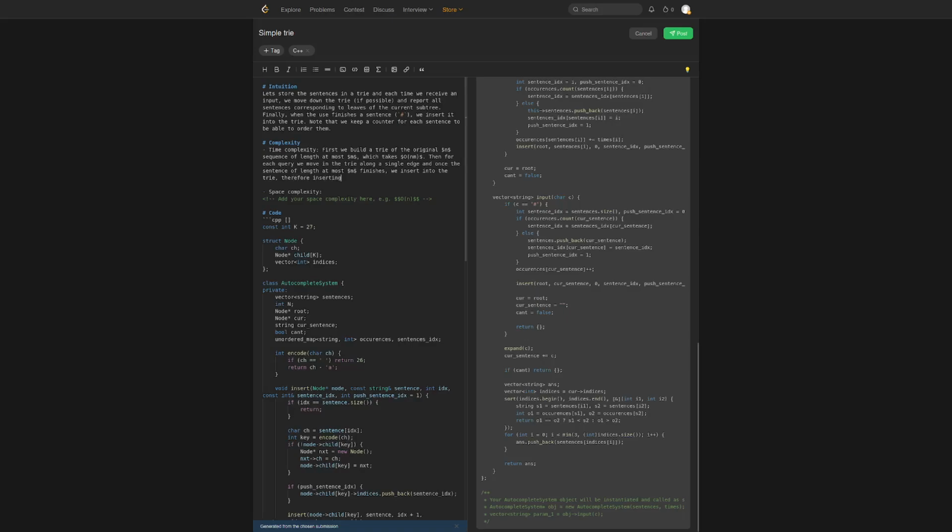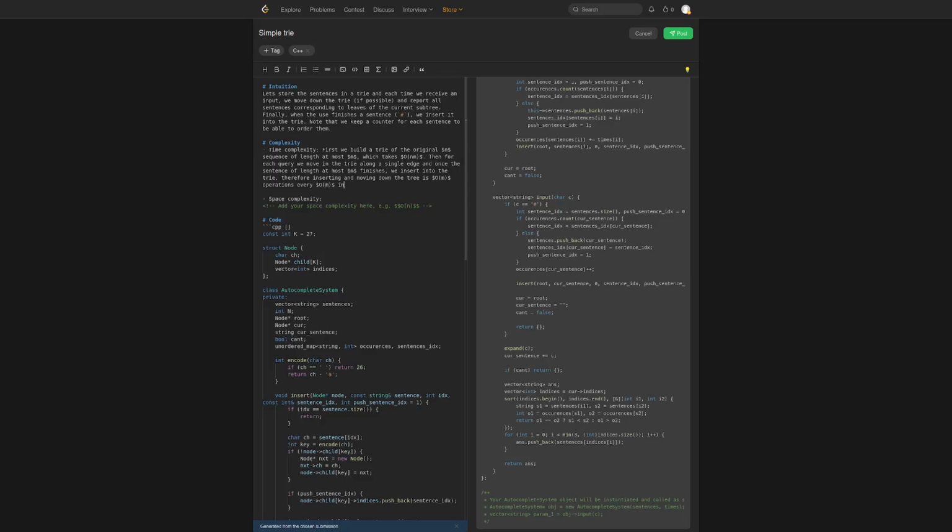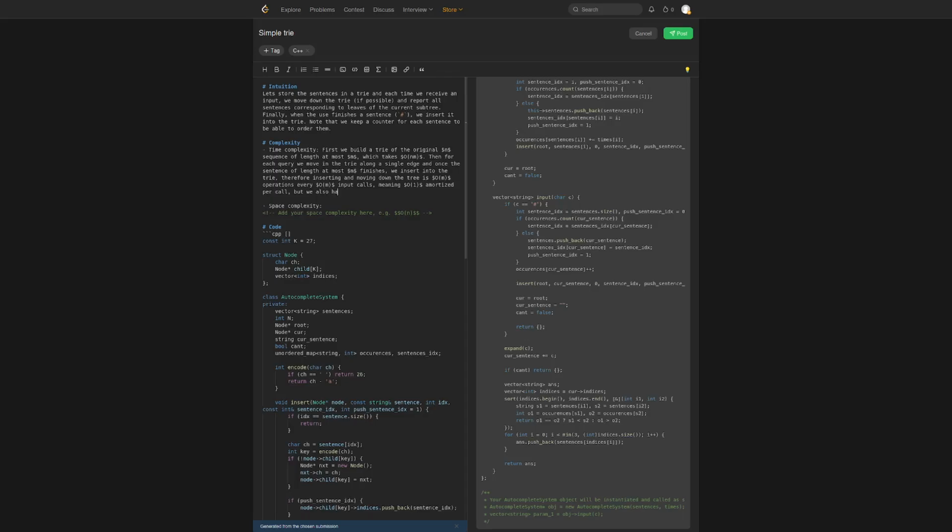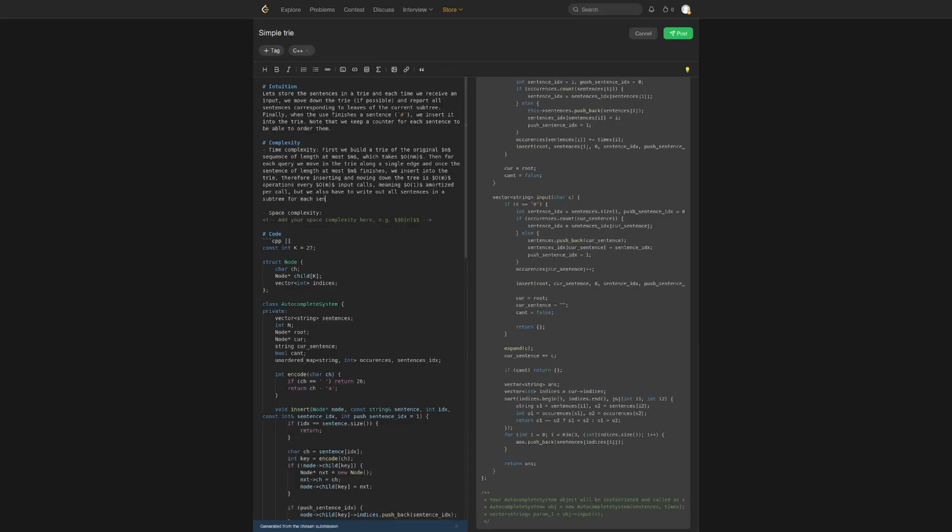Therefore inserting and moving down the tree is O of m operations every O of m input calls, meaning O of 1 amortized per call, but we also have to write out all sentences in a subtree for each sentence, of which there are at most n. So for all of the calls